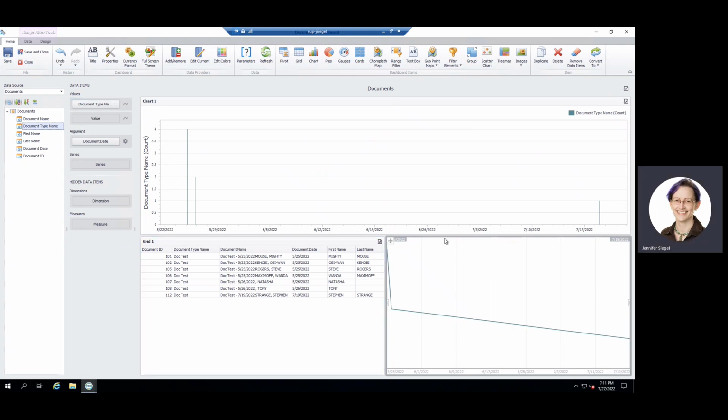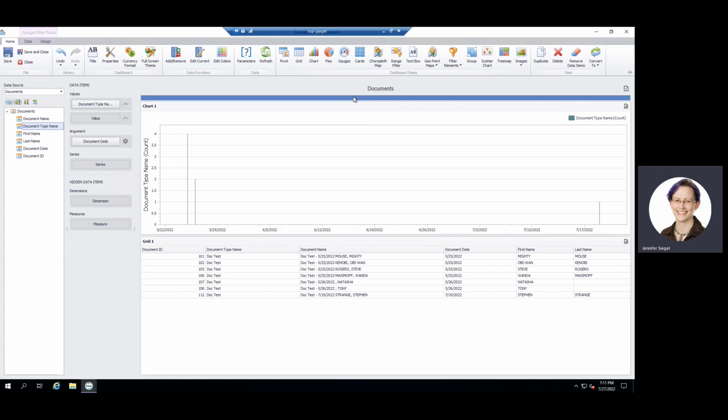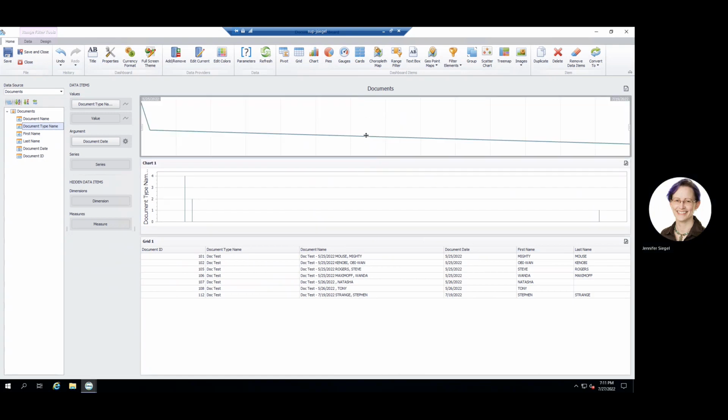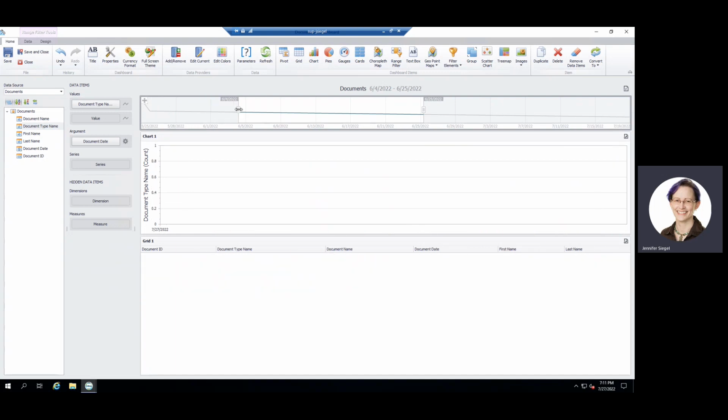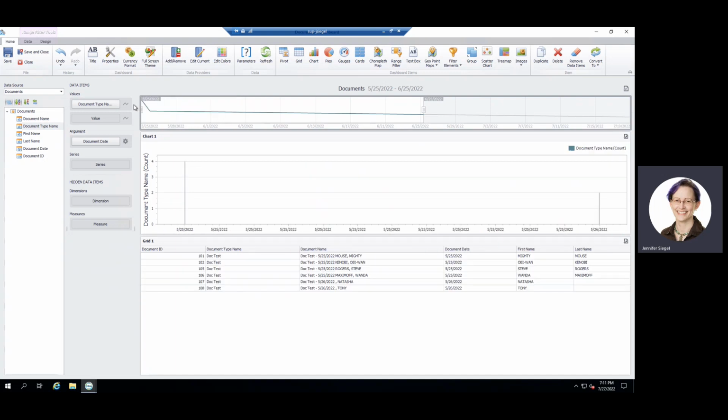Okay, so in this, I like to put it up at the top too. So with a pinch bar, the data will change in the other items using the same data provider as I use this to filter what I wanted to display.